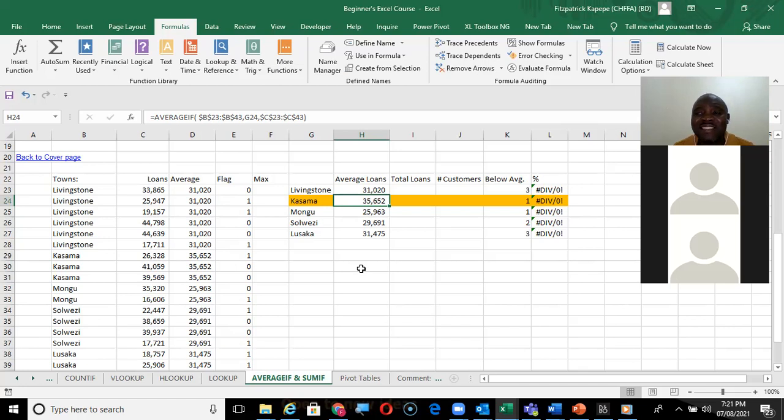Maybe there's cassava there, and an investor has come to start buying cassava from the locals. And the locals are looking for financing. For this cheap financing, they will not go to the Shylocks, they'll start looking at the banks. And maybe this is the reason why Kasama, in terms of the appetite to borrow per customer, is higher